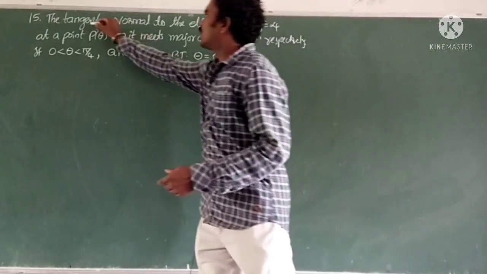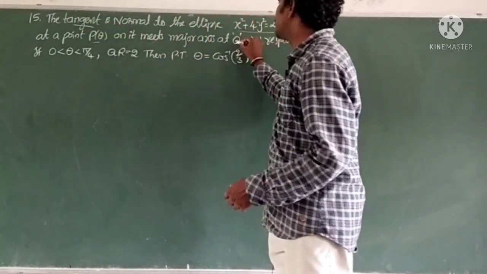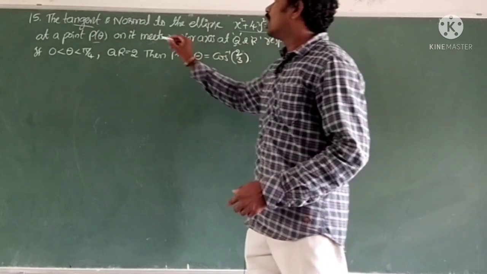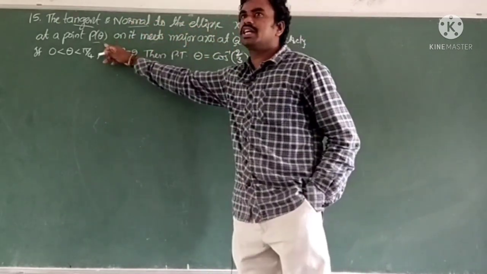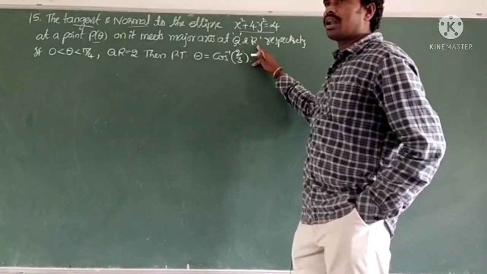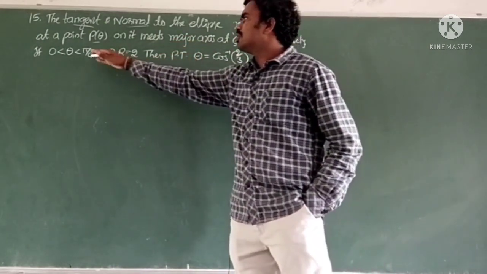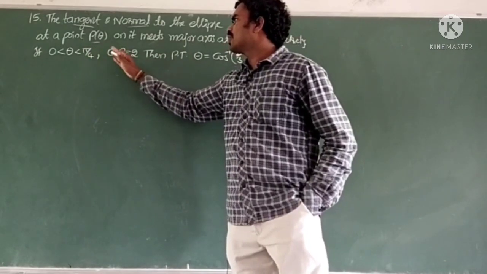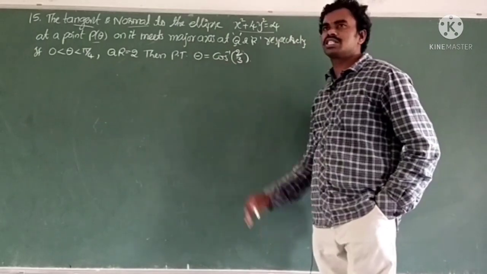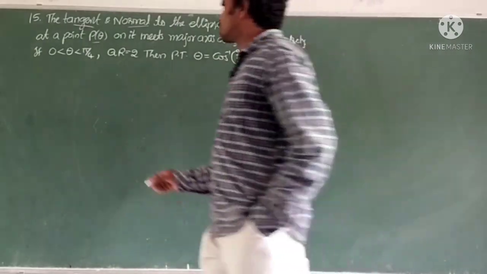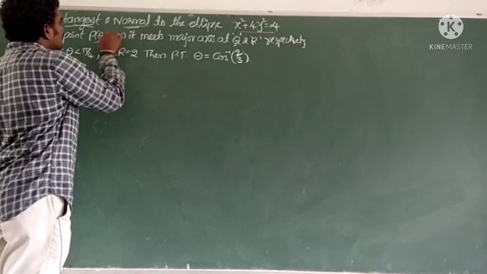Means the tangent at theta of this ellipse meets at Q. Also the normal of this ellipse at theta meets at R, capital R, on the major axis. And theta between 0 and pi by 4, QR equal to 2, then prove that theta equal cos inverse 2 by 3. So first we should find what is the tangent equation at theta and what is the normal equation at theta